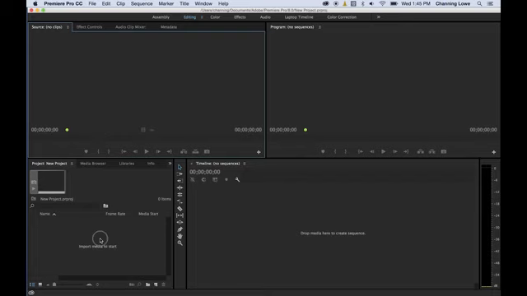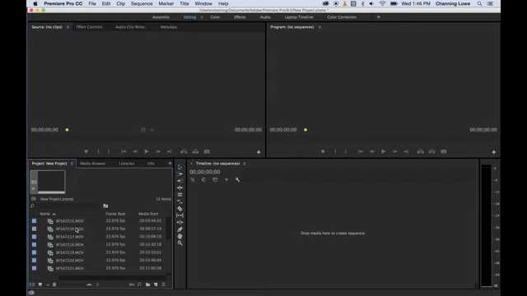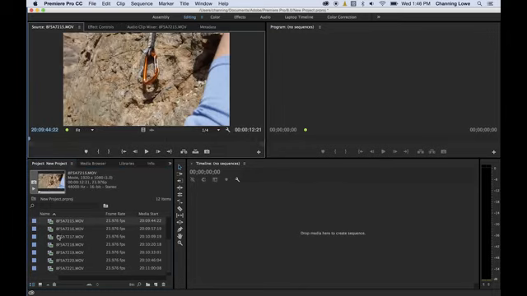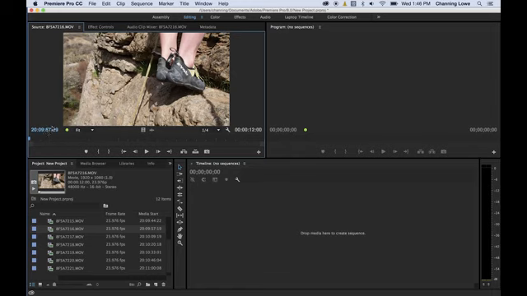I'm going to bring some footage in. Okay, I've got some DSLR footage down here. And one way you just quickly bring footage from your project window into your source window is you can drag it like this, or you can simply double click on it. Okay, in this window here, now that I've got some clips loaded, I want to show you just some quick